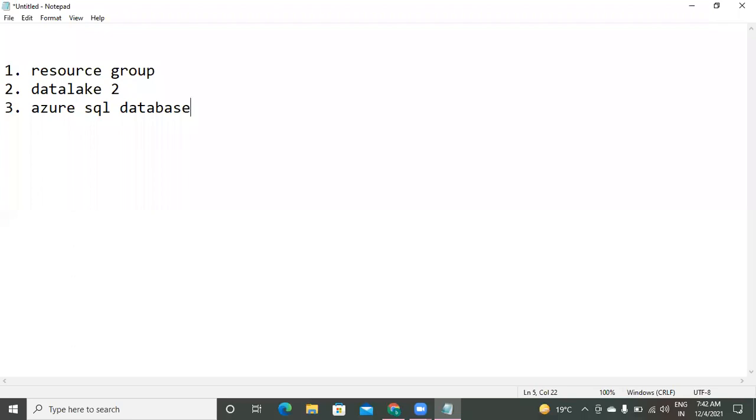At the time of creating, if you remember that, don't worry, I will share you yesterday's recording before end of the class. So for Azure SQL database, we created two things. One is database, second one is server. But to create database, server must be there. Actually, first process is you have to create server. There you find one option called create new server.